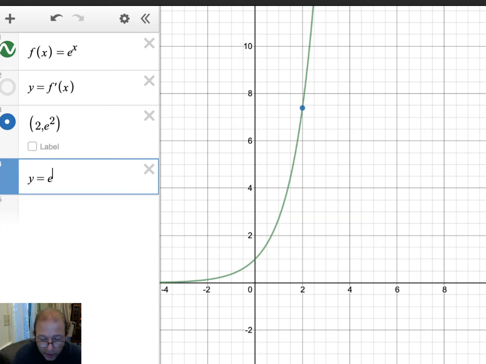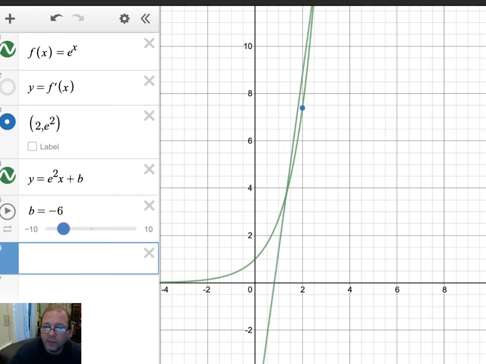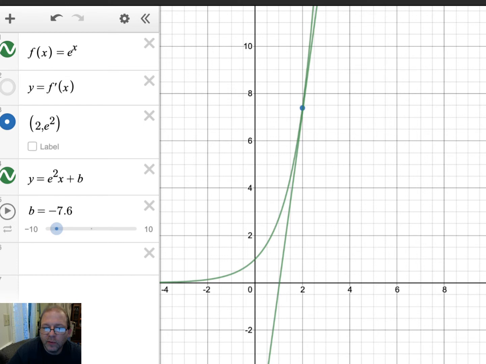So e squared x plus something. I'm just going to do this the cheap way and slide it over there, plus this. So anyway, for any point that we pick,